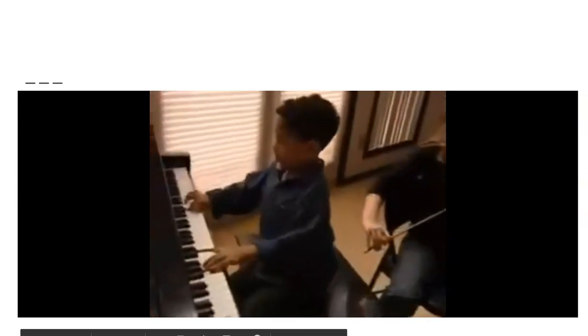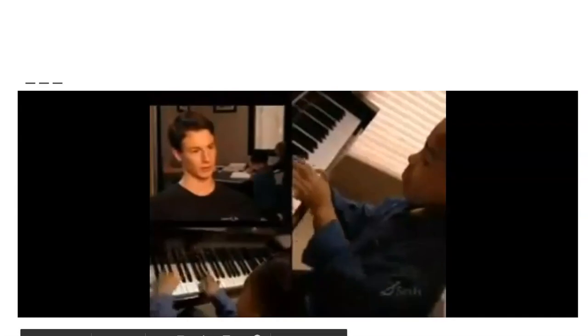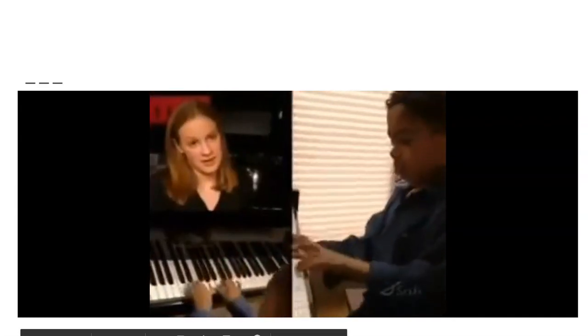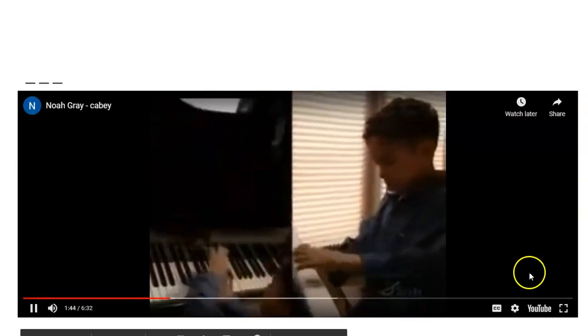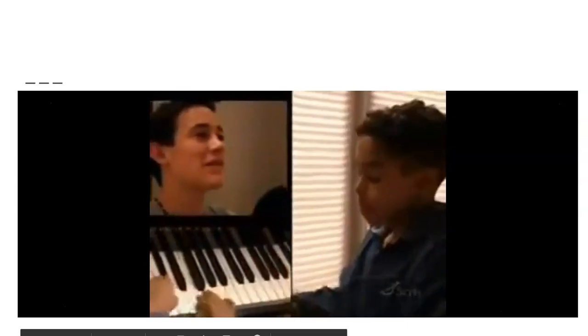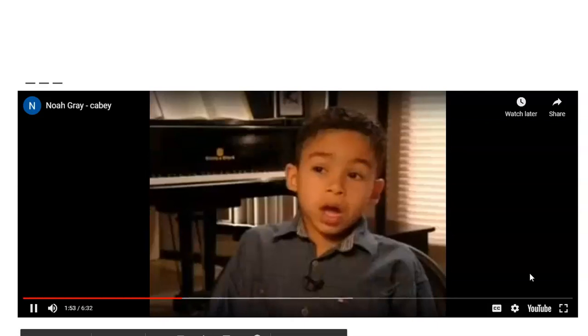turn out to be. At first, I really didn't think it was him. I thought that Mom and Dad were trying to pull a joke on me. I was a little taken back when I first heard him play because his feet were just dangling. It was really amazing. He was just sitting there playing the piano with these tiny hands, and the fingers were about that big. It was really cool.